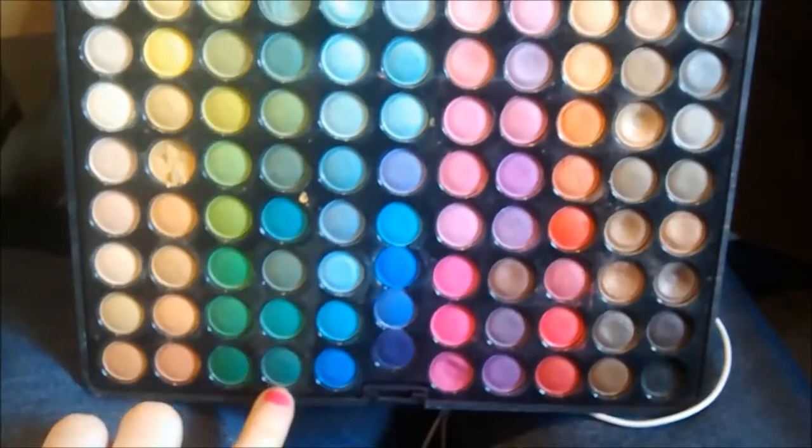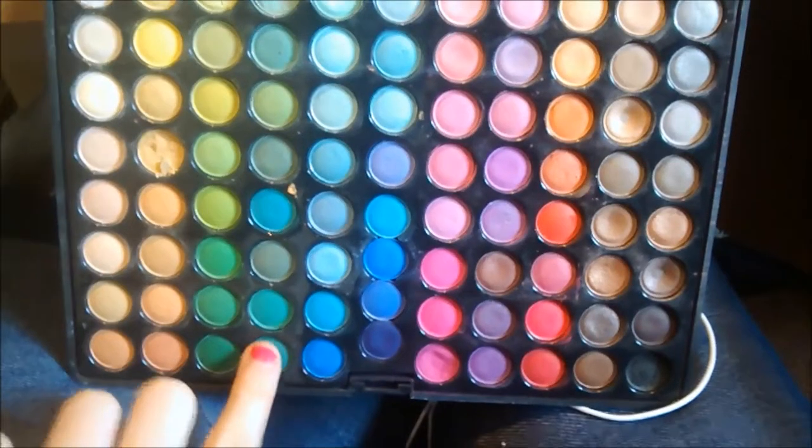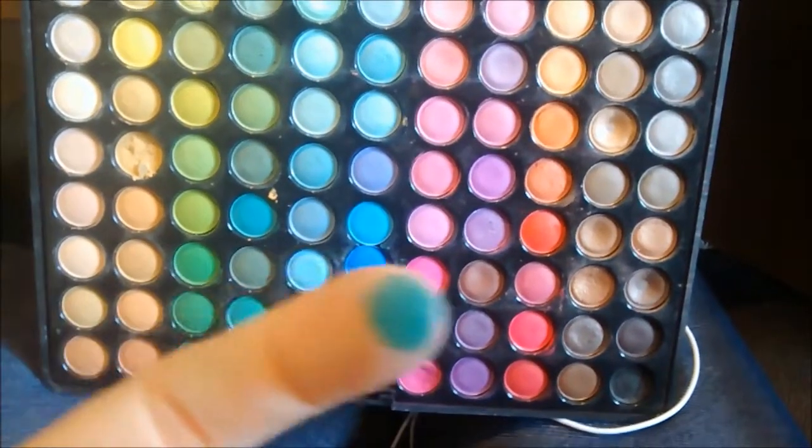Next, with the same brush, I'm going to be taking this darker green, and I'm going to be placing this in the outer V. Now this is kind of hard to explain, but I almost want to just pat it very lightly into the outer V shape. Now this will apply the color down, but it's not really blending it, and it's pushing it into the precise location that you would want to apply the eyeshadow. So just pat it in, and then once you see that you've got the color placed where you want it,